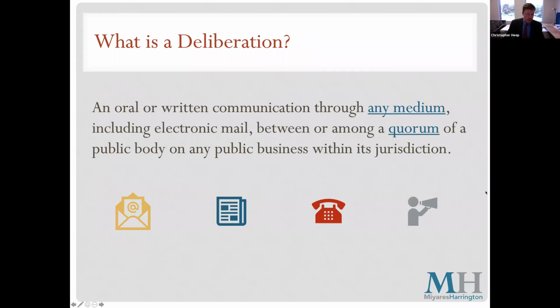Finally, in terms of the ingredients of a meeting under the open meeting law, we need to have a deliberation. So what is a deliberation? It's an oral or written communication through any medium, including email, between or among a quorum of a public body on any matter within its jurisdiction.